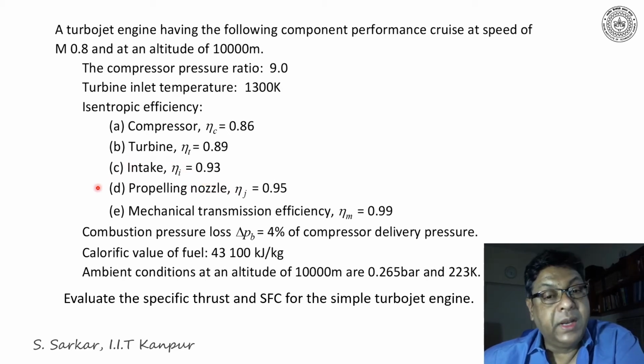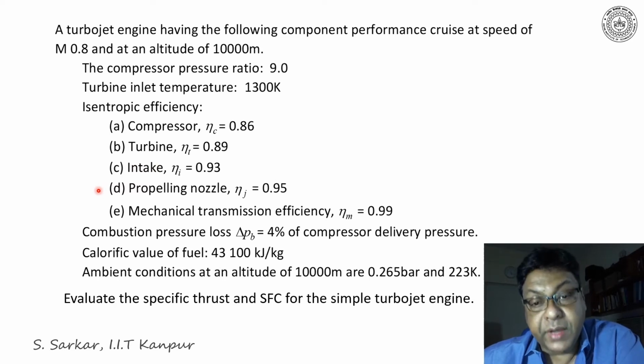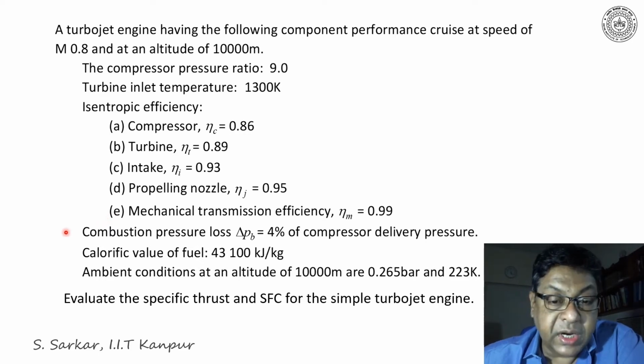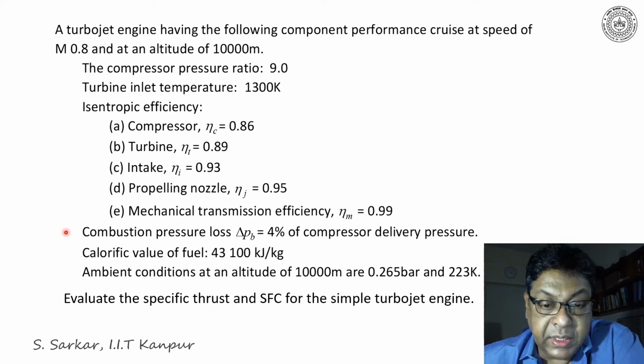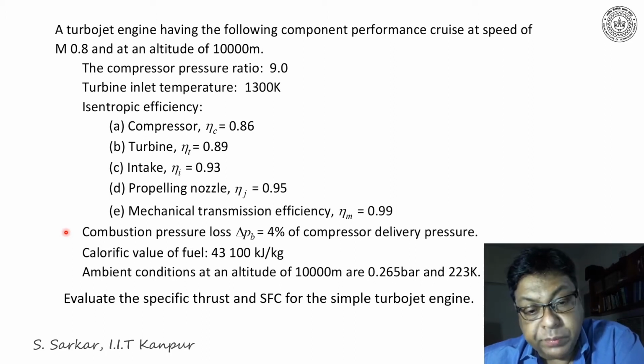For the propelling nozzle, eta J is equal to 0.95. Mechanical transmission efficiency, eta M, is 0.99. Combustion pressure loss, del PB, is equal to 4% of compression delivery pressure. Calorific value of the fuel is